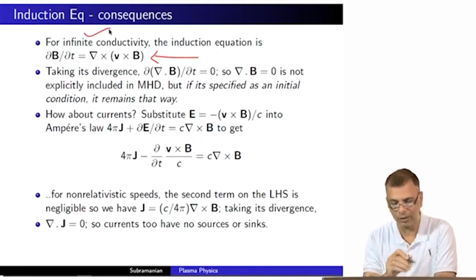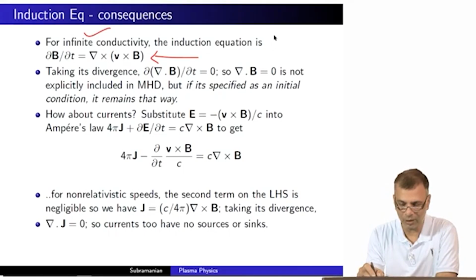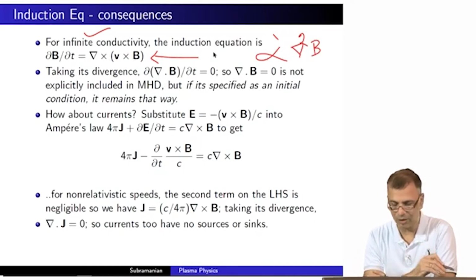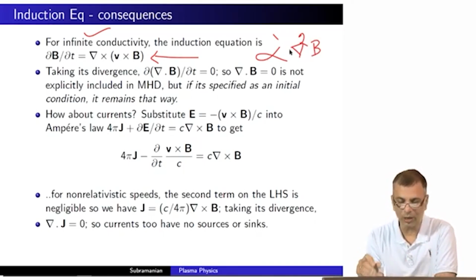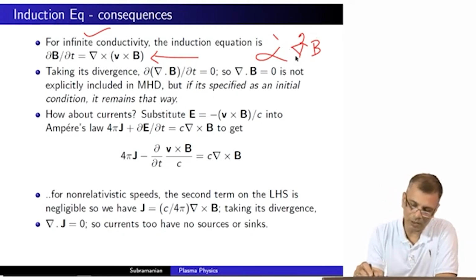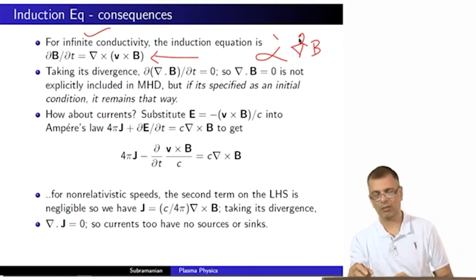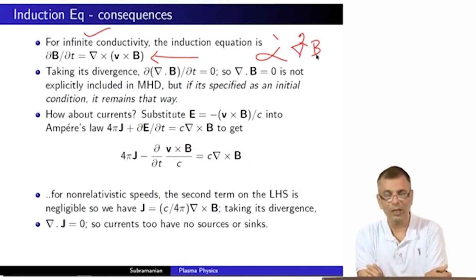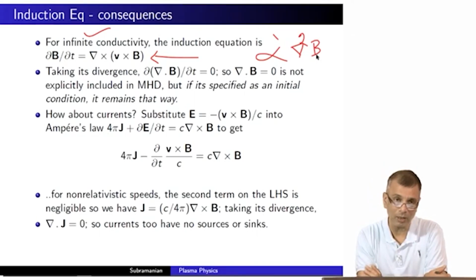If you have finite conductivity, you will have an additional term which is proportional to del square B, right? You'll have an additional term here, and the proportionality constant contains the conductivity, right? So this term, the diffusive term, assumes importance only when the conductivity is finite and not infinite. Okay,